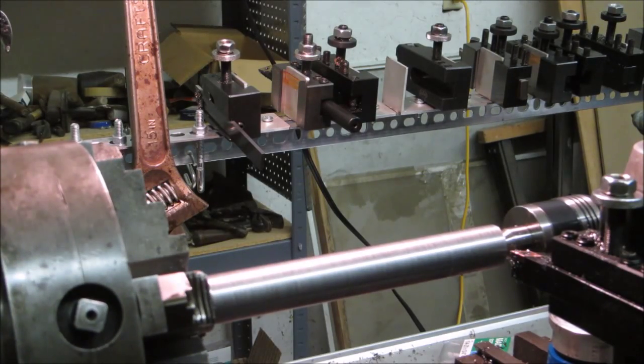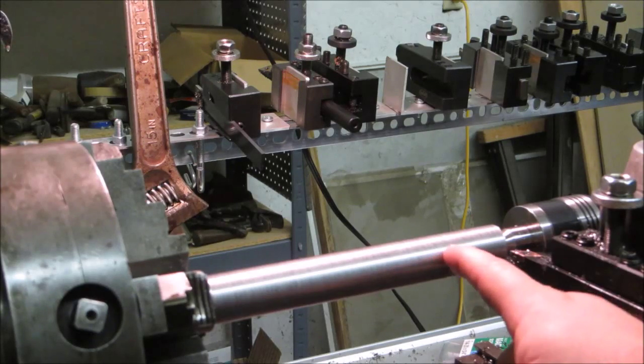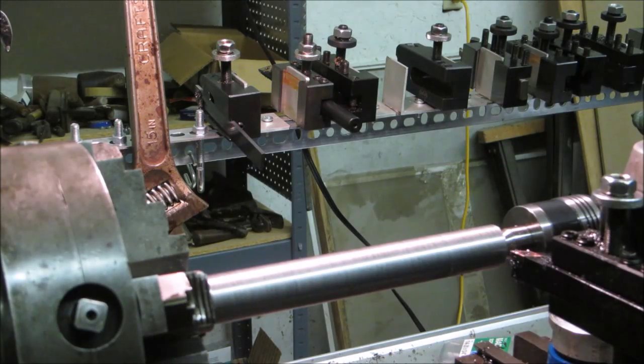The machine is running in back gear. I've kind of had to put it in back gear to help keep the lathe from bouncing. I may have to find a different way to mount this thing other than the table, but I just put a little witness mark on there about 1.57 inches in, and